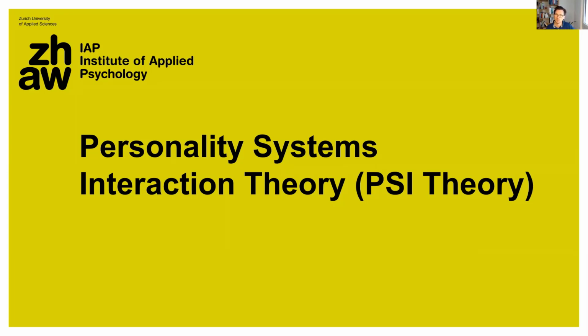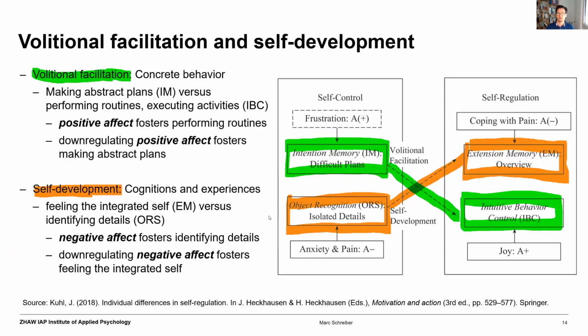It's a very broad, very psychological theory that tries to explain personal development. The PSI theory differentiates between volitional facilitation and self-development. It's a very complex theory, and I really try to explain this theory very briefly, so I will not go